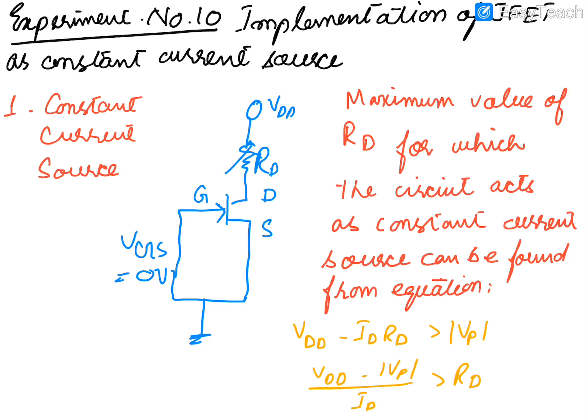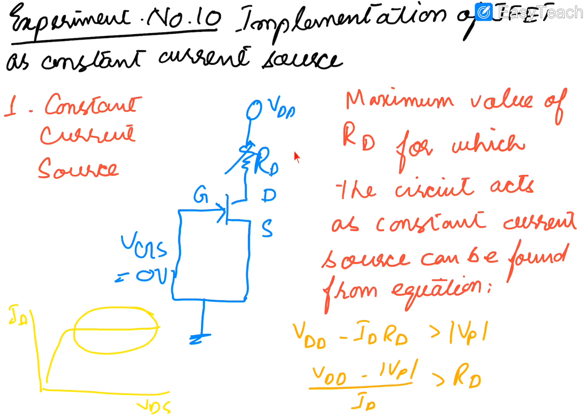So basically you will operate JFET in this constant current region. This is ID and this is VDS. So the circuit you will implement for constant current source is this, where the value of VGS is kept 0 and the value of ID here is basically equal to IDSS, drain to source saturation current, when the value of gate to source voltage is kept at 0 voltage.